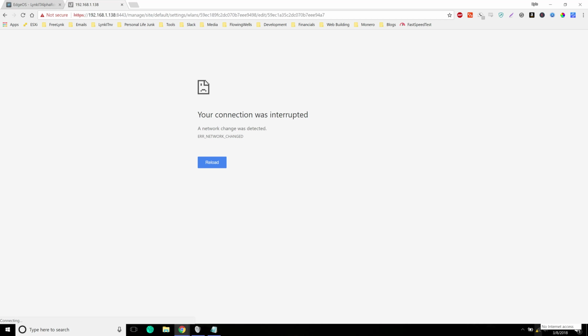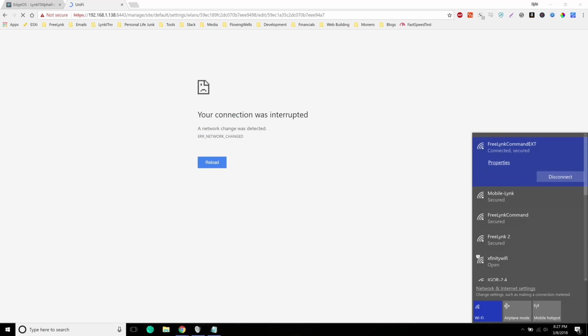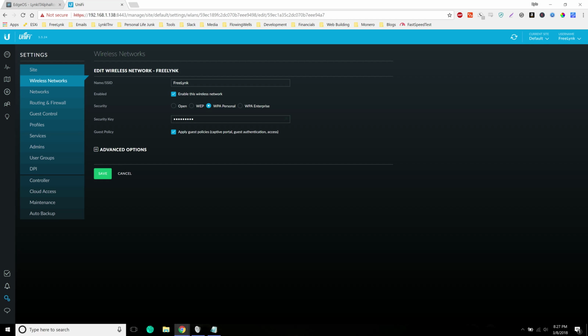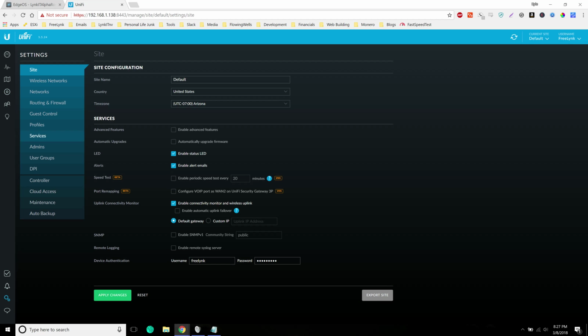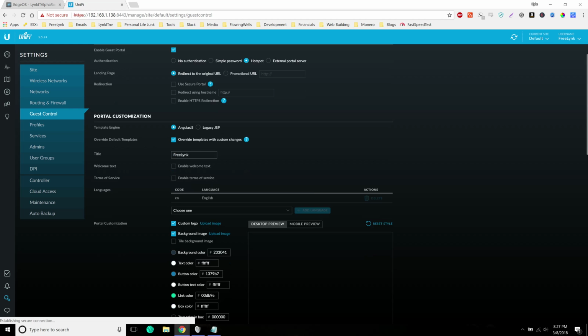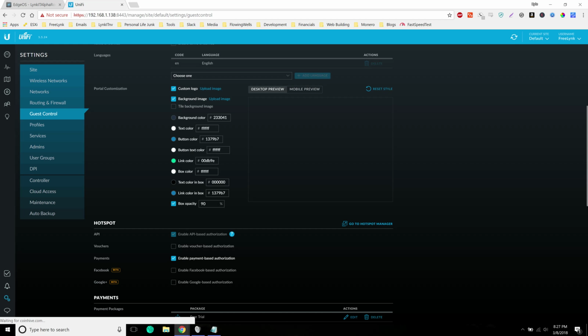Our access point is going to be provisioning right now since we changed it. This was happening, so it kicked us off of the Wi-Fi. Gotta remember that. So it's probably going to come back up now. There we go. Since we changed the settings, it made the access point go into provisioning mode, which kicked us off. So now that we're back on, hit settings, go to guest control, go ahead and edit your captive portal right here,